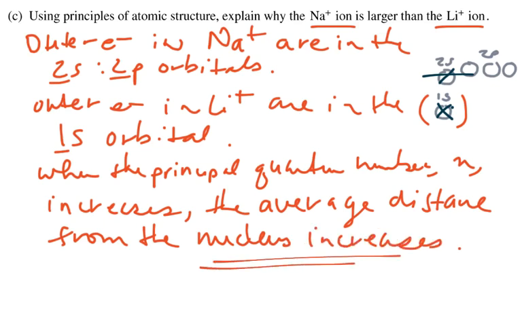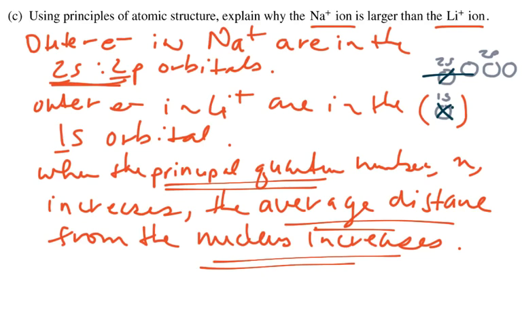Okay, and that's what we're looking for. So the principal quantum number, we're noticing that the sodium ions are coming from level 2, n equals 2. For lithium ion, they're coming from level 1. And the farther you are from the nucleus, the higher the value of n, the higher the average distance from the